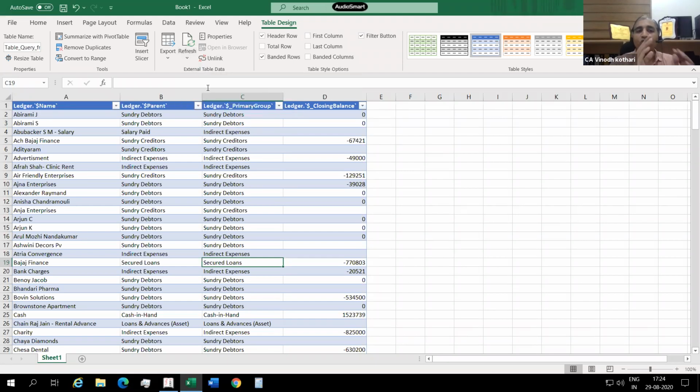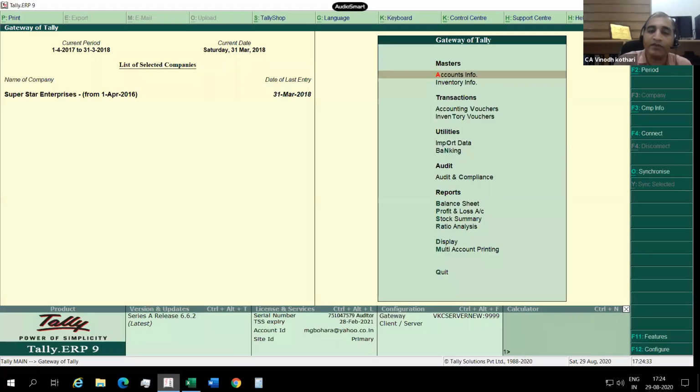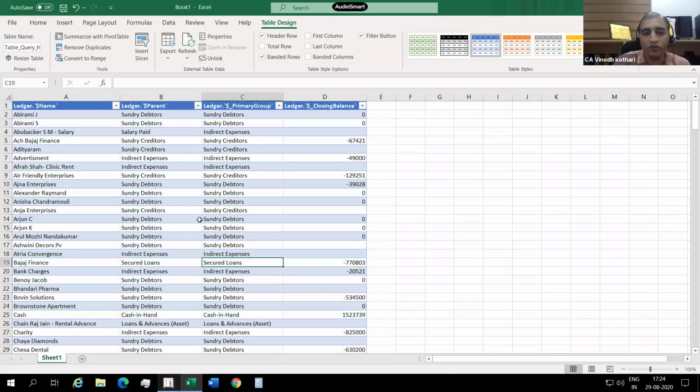your Tally data will get updated to this Excel file. You don't need to copy and export the data. So now this link is created from Tally to Excel. Any update you make in Tally gets linked to Excel. Be careful whenever you select refresh: whichever company is open, that company should be opened in Tally. Otherwise the data gets jumbled. So you have to be very, very careful. This way you can create a link from Tally to Excel.